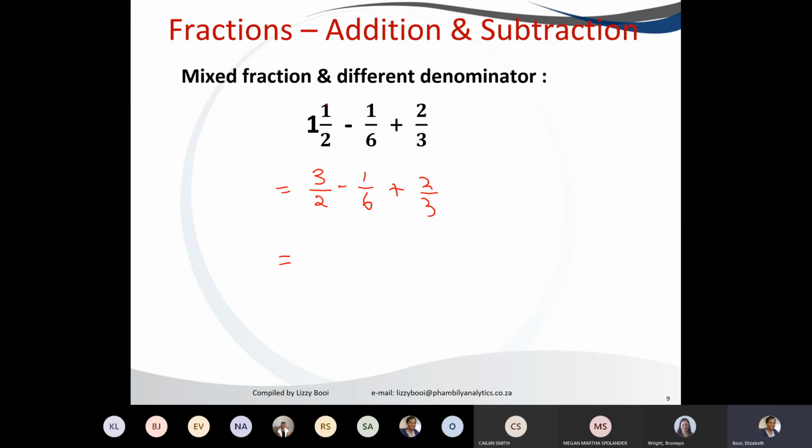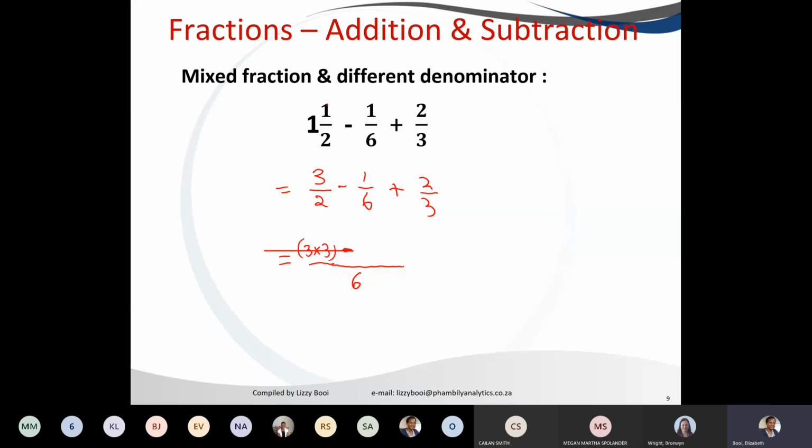If I look at this, I have 2, 6, and 3. And since subtraction and addition have the same priority, I can work from left to right, or I can also solve them at the same time. It really does not matter. So I'm going to find the common denominator because once I have the common denominator and I'm working with addition and subtraction, it will make my life easier. So finding the common denominator, it will be 6 because 2 can go into 6, 6 can go into 6, and 3 can go into 6. 2 goes how many times into 6? It goes 3 times. 3 times 3 in the numerator, minus,